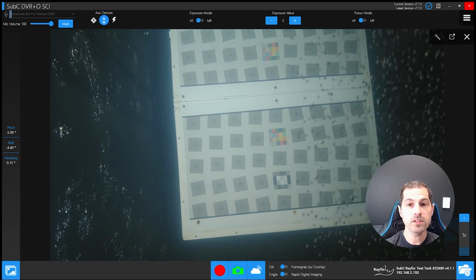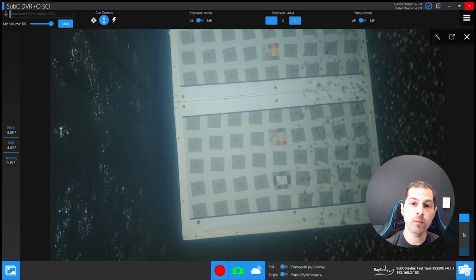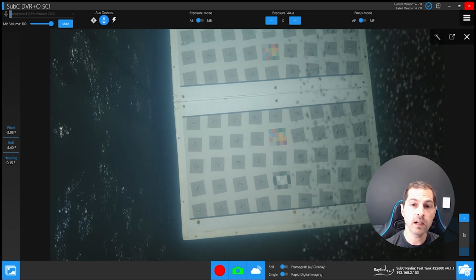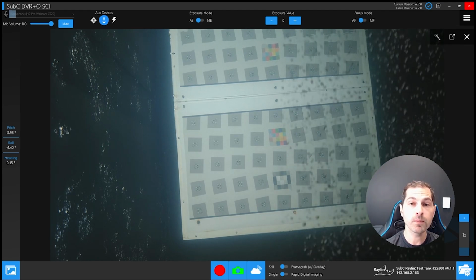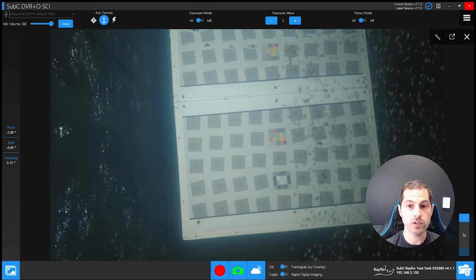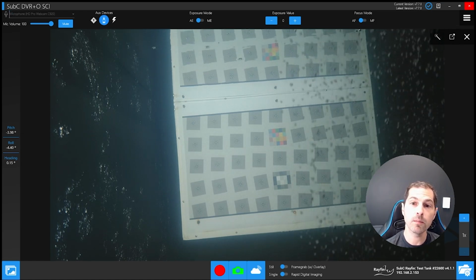Today, a few members of the team and I are going to run through a tutorial of our Rayfin camera paired with our DVR plus overlay software. This combination of technology has been designed to optimize and make your inspection and survey workflows more efficient. We're going to explore how to configure both to make sure that you can get the most out of this